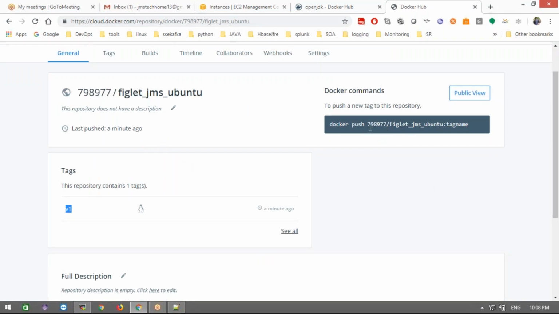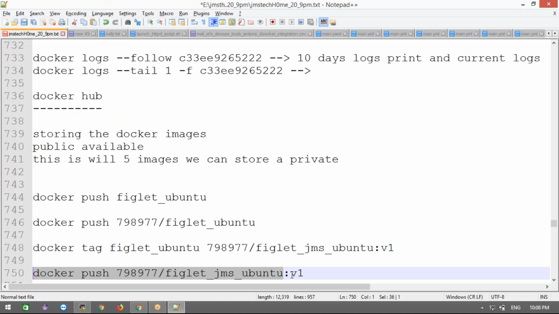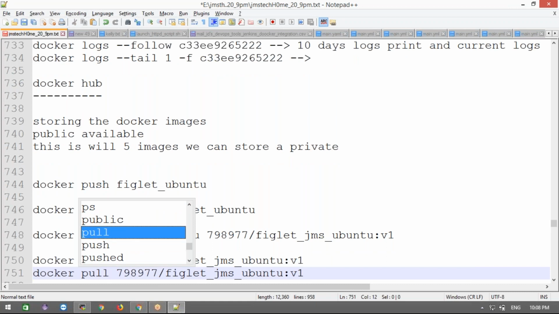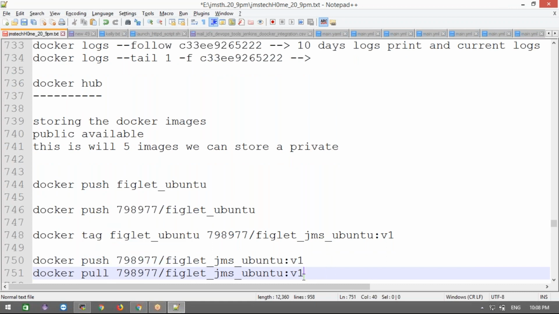Now if you want to download anyone's image, this is the docker pull command with the image name. Anyone can download and use my image. Just run this pull and you can download this image directly from my Docker Hub.